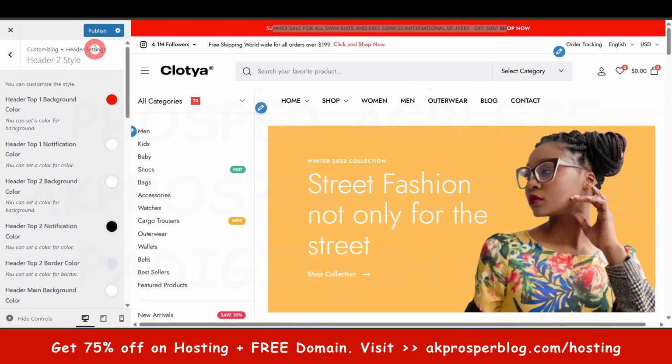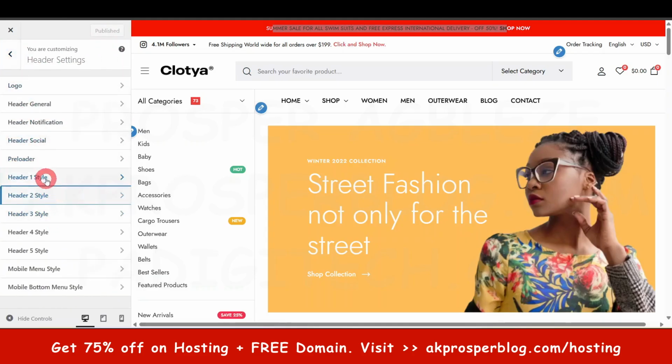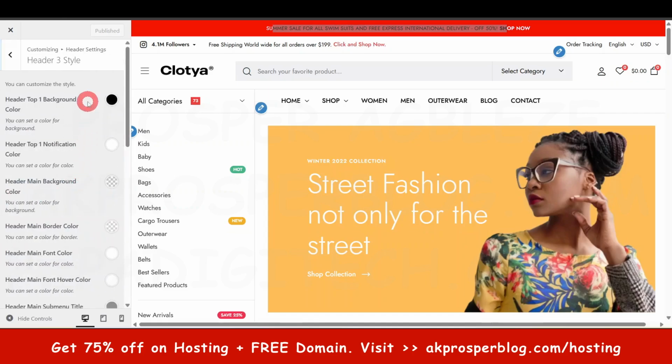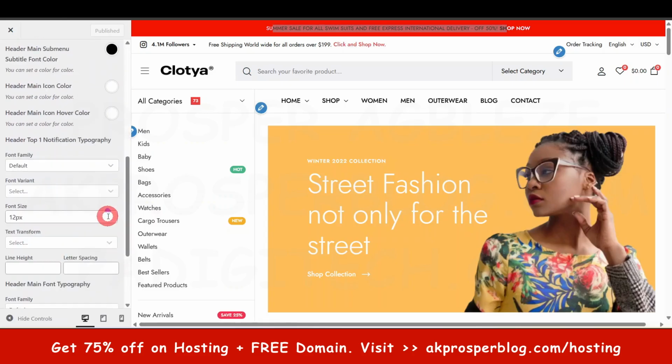All right, so don't forget to always publish if you make any changes. All right, so let's come back. So we don't really need to do anything with header 3, 4, 5, okay, because we are using header type 2. So assuming we are using header 3, we can go ahead. It's still the same options that will be available there, okay, but since we are not using it, we don't